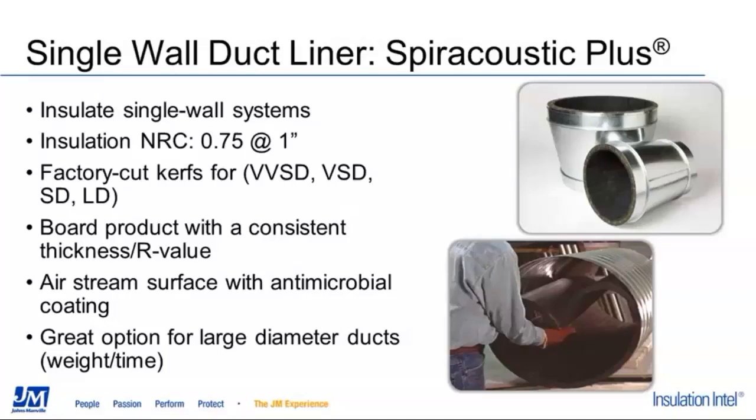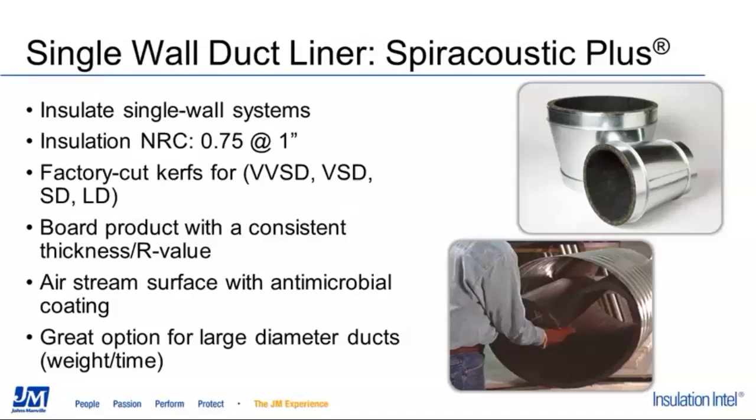The board then has grooves called kerfs cut into it in specific measurements. The spacing for these kerfs varies depending on the size of the duct that the insulation will be used in. At 1 inch, Spiral Acoustic Plus offers an excellent NRC value of 0.75, and that increases with thickness as well. Since the insulation is kerfed during the manufacturing process, you can expect that it will offer a consistent thickness and